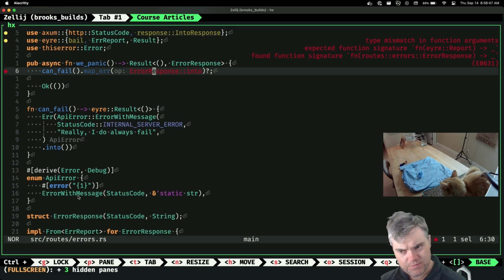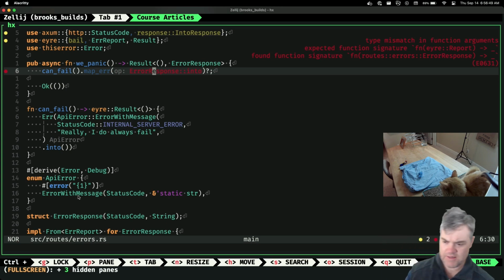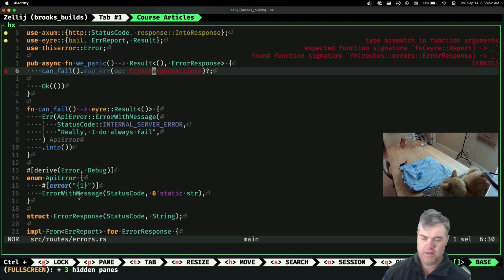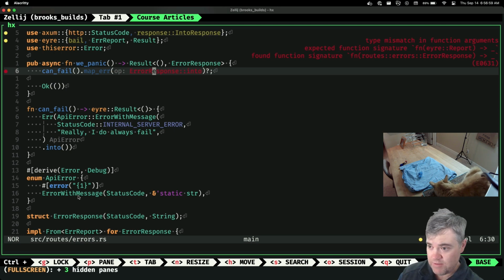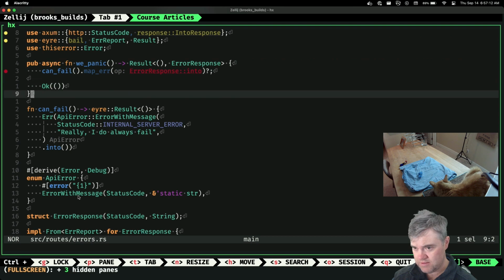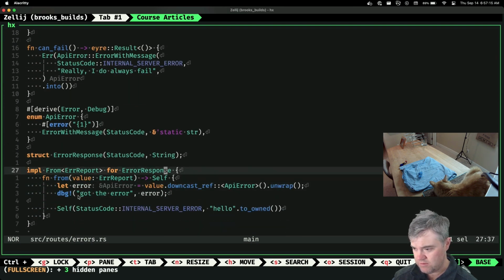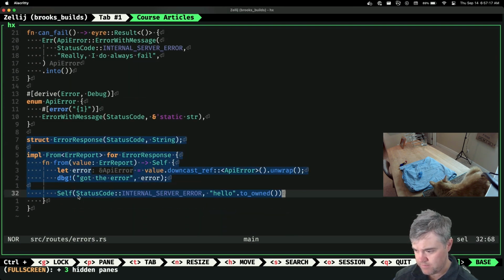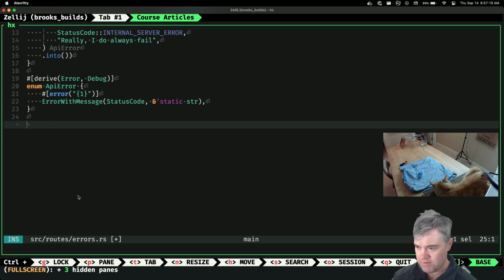I suppose I might be able to implement something more specific, but I don't think this is going the direction I want to go in anyways, because I was hoping to be able to avoid map error. Unless I have to wrap the entire result in its own struct, and then basically handle a response that way. So that might be what we have to do. So if I do something like